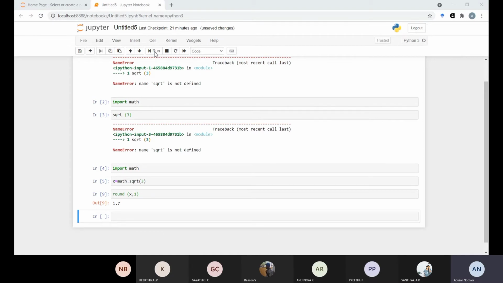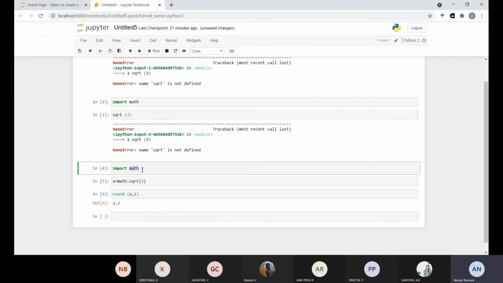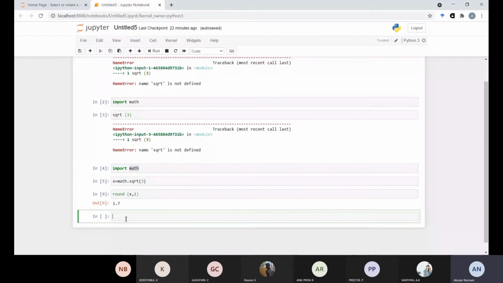In the math module there are a lot of functions, like for square root, multiplication, division, and so on. So how many functions are there? We can see with the help of this command, dir bracket.